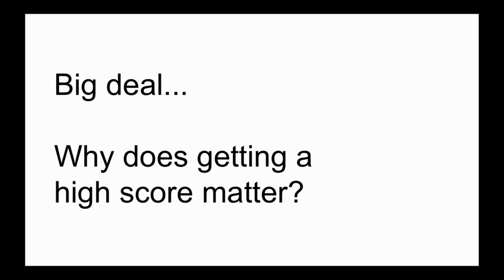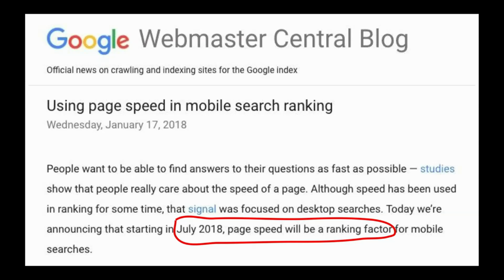So yeah, why does it matter? Just because people are going to leave. And another huge thing that's happening is in July 2018, PageSpeed is going to be a ranking factor on mobile search. This is a huge change that Google announced January